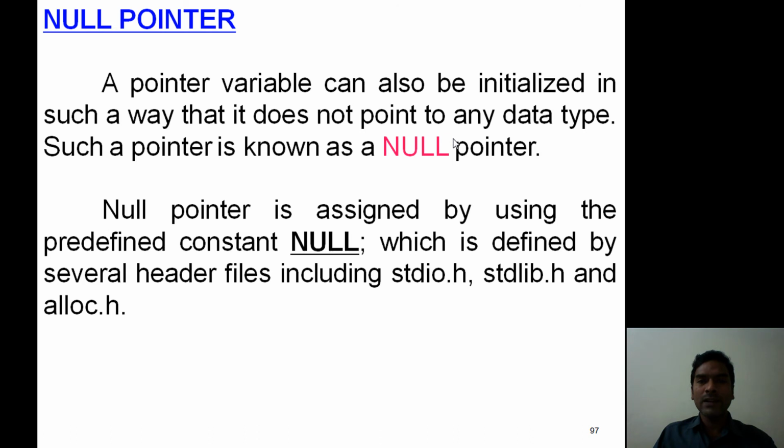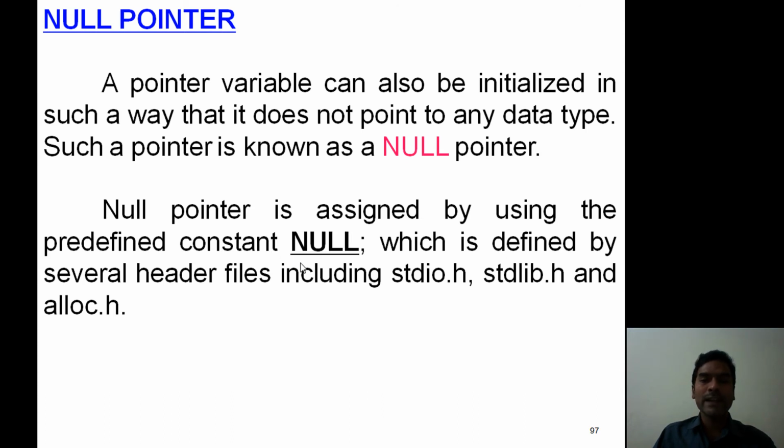Such a special pointer is known as null pointer. To specify the pointer as a null, C language supports a predefined constant called null, which is defined in different header files such as stdio.h, stdlib.h and alloc.h. Here null is a predefined constant.